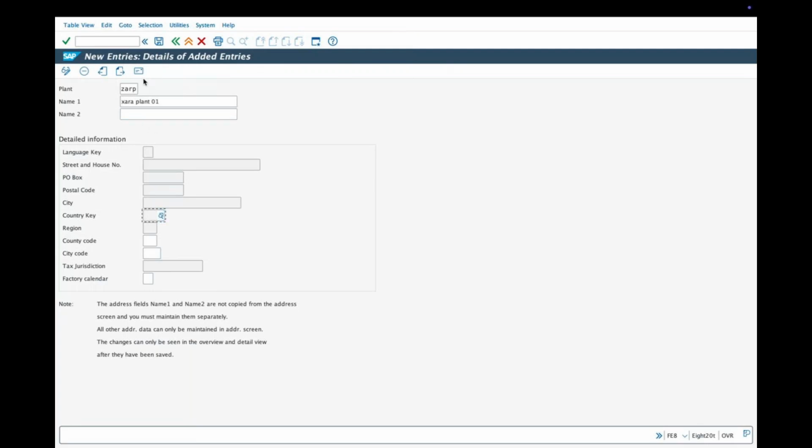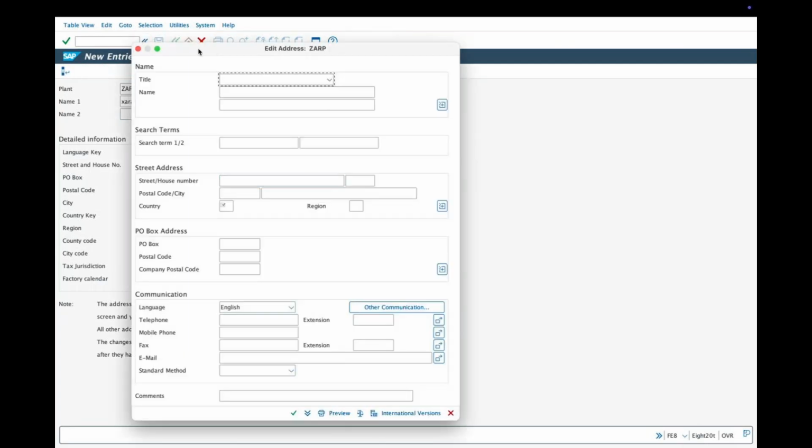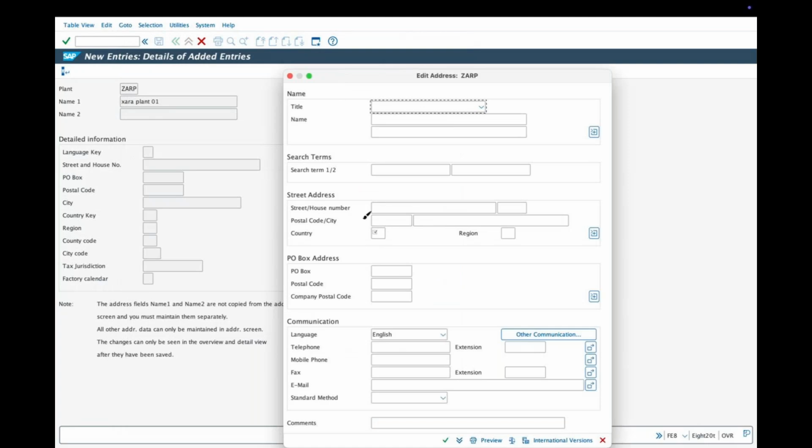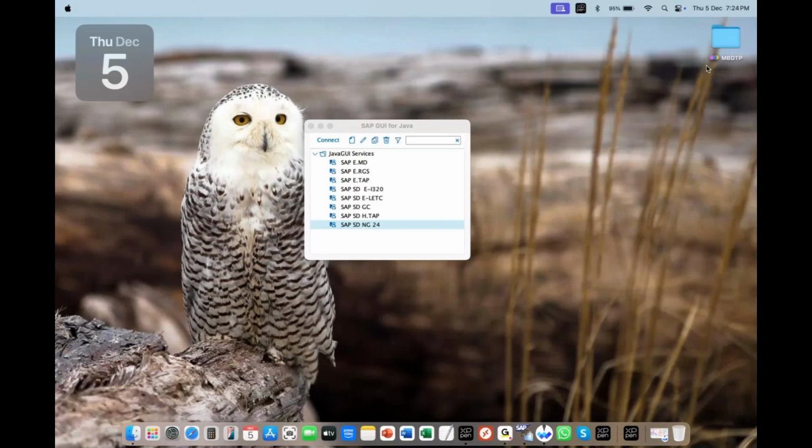Sir, I missed clicking on the address tab and went to save. No worry, it will still give you the address screen because you got a mandatory field over here. A field which has a check mark is mandatory. You cannot skip it. So title, can I give title to plant? Logically, if you think, should I give it? Will it appear?